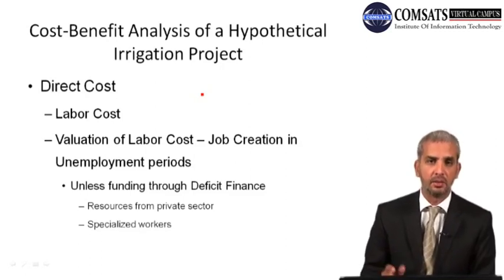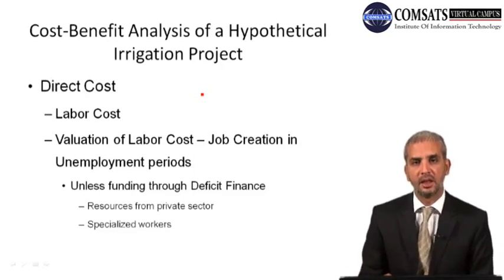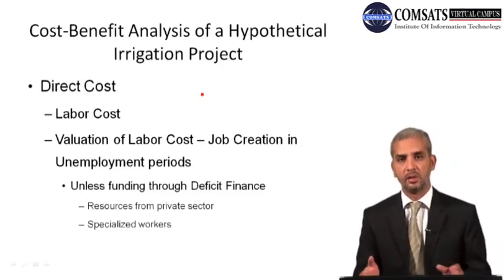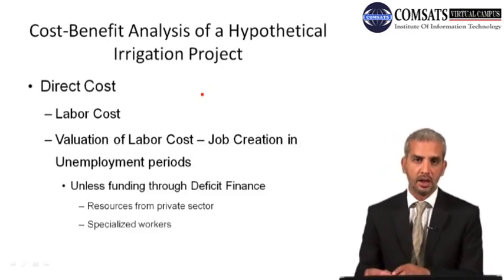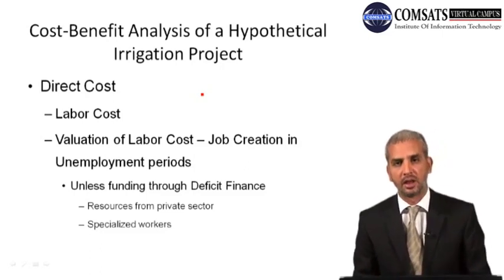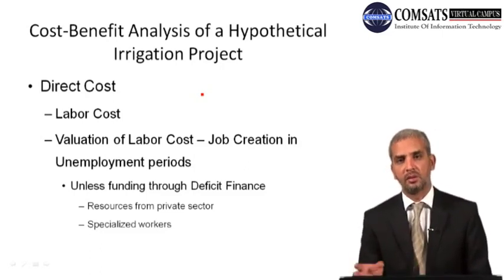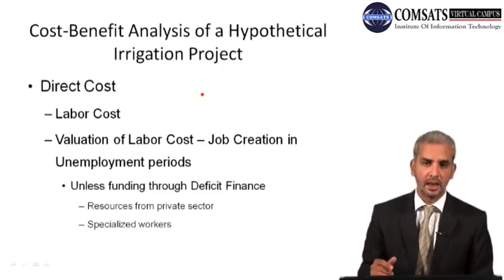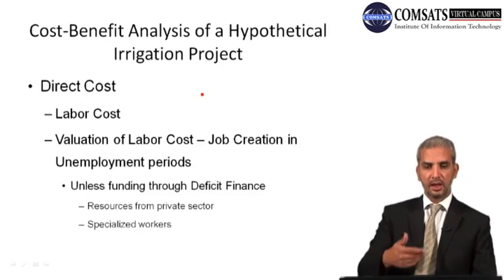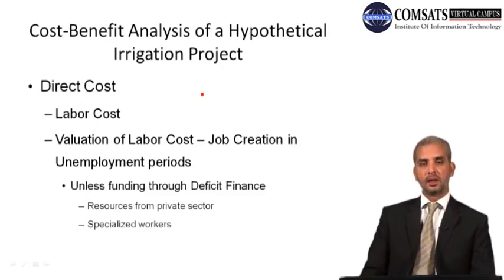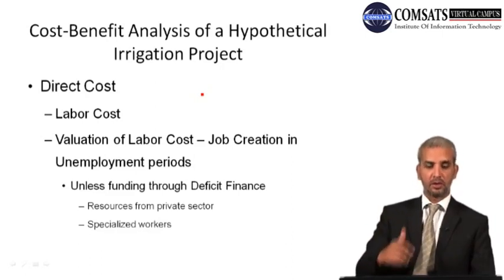And the second argument is that creation of an irrigation facility requires specialized workers, and it's not that simple labor in that area can be utilized for the creation of the irrigation facility. Those laborers would have to be attracted from some other project. So again there is a cost to that also, because the government is employing resources from the private sector, and those resources have their opportunity cost. Now you see over here that while conducting the cost benefit analysis, there have been debates. At first we had a debate on the direct benefits, and then a debate over indirect benefits. Now we are having a debate over direct cost, what should be direct cost and even how the labor cost should be evaluated.